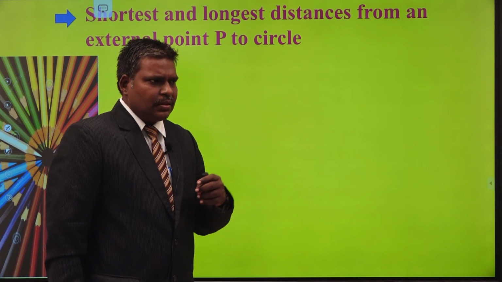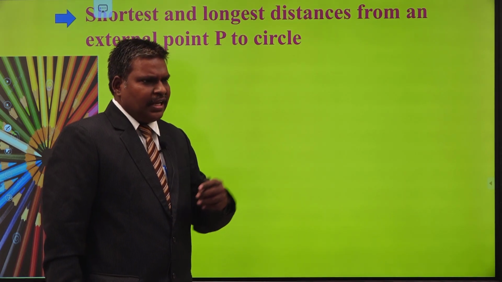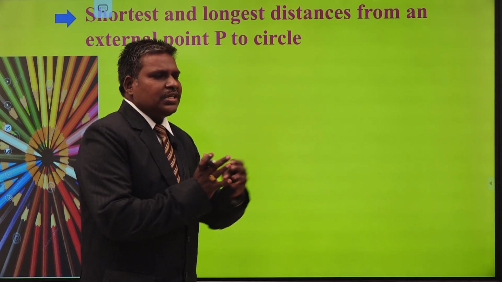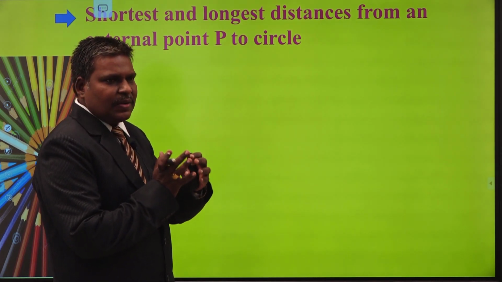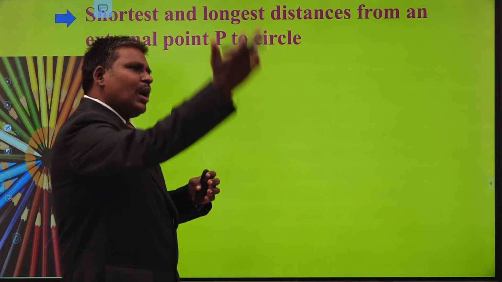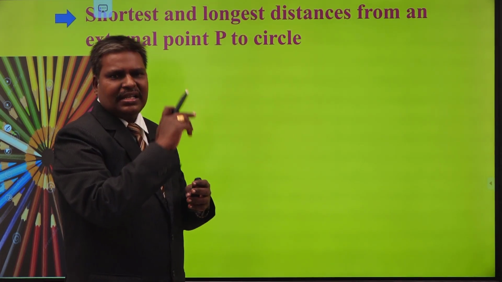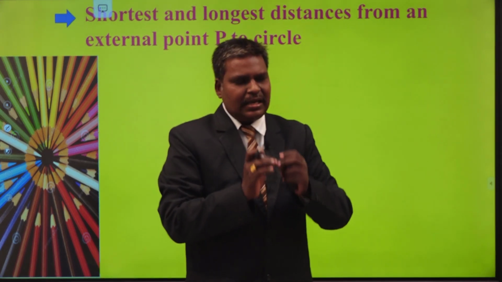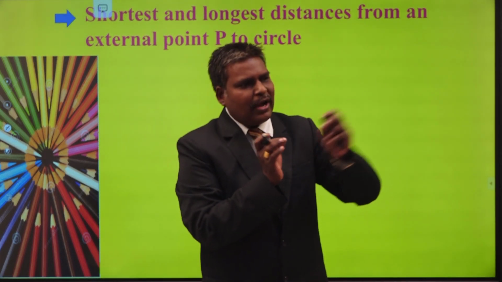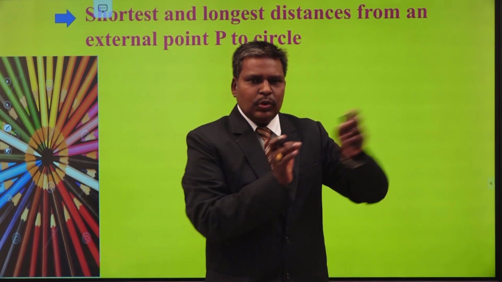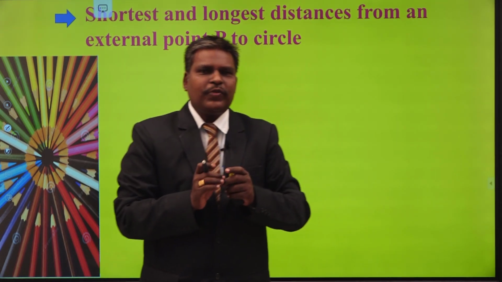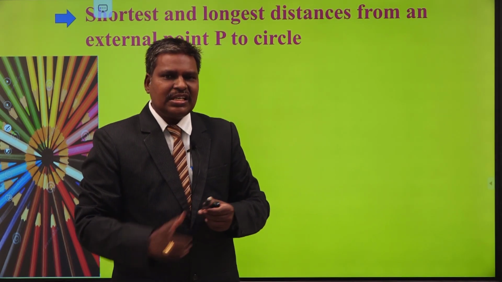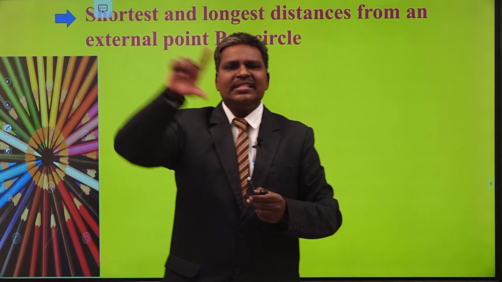We mean what? P is any point. If it is outside the circle, we can say which is the shortest distance from the point to the circle. You have an infinite number of points on the circle. Am I correct or not? Take each and every point on the circle, find the distance from the point to the given point. We get so many distances. We have to find out which is nearest. Your task is to identify the point on the circle.